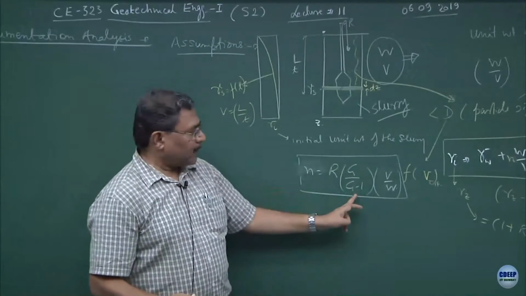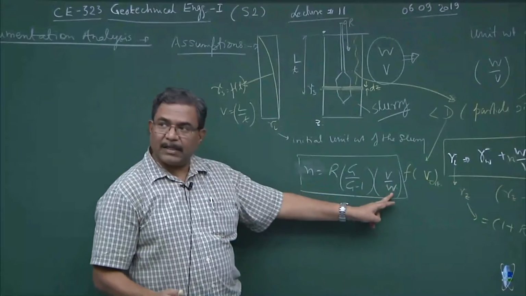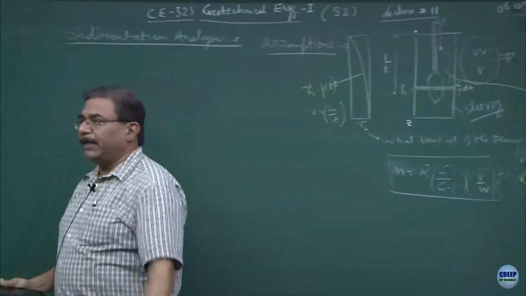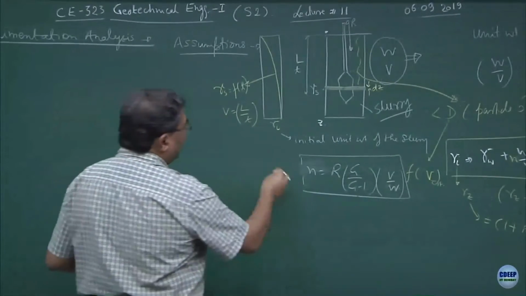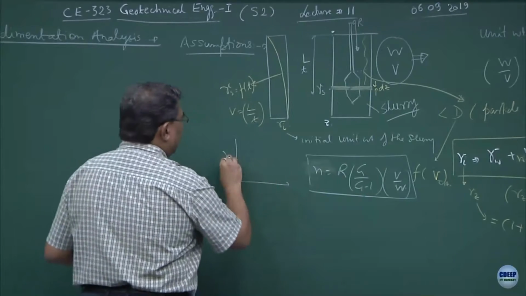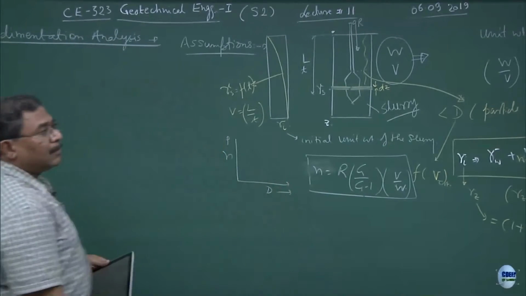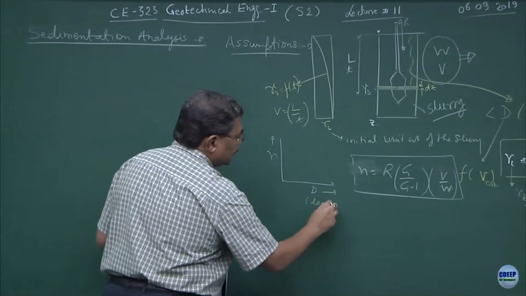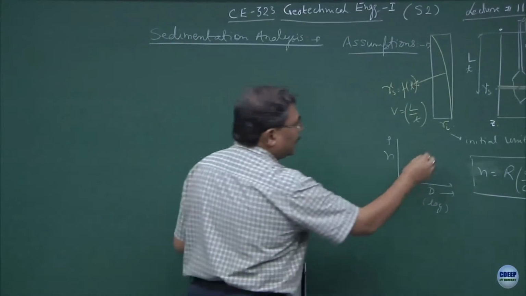Specific gravity of the soil is known, volume of the suspension is known, how much weight of the soil mass has been used is known, R you are measuring from the hydrometer reading, you get the value of N, and this N can be plotted again on this scale, if you remember. So, last time the scale on which I plotted, this x axis is normally a log scale, and this is the graph which you get.